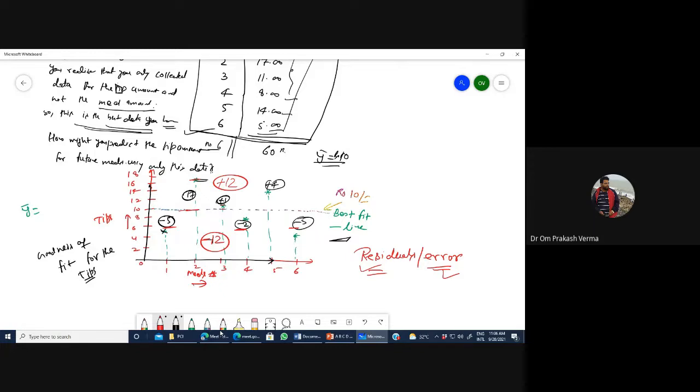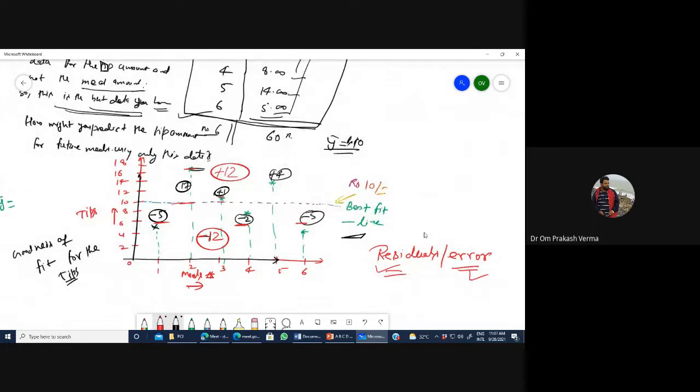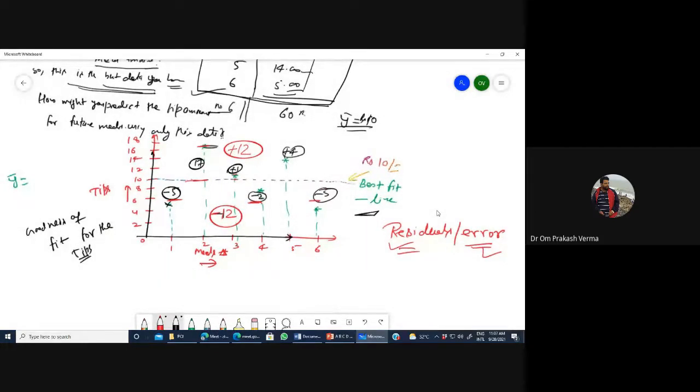Now the question is, sometimes we have seen that we are squaring the error. So what is the use of this error? Why are you going to find out the error?